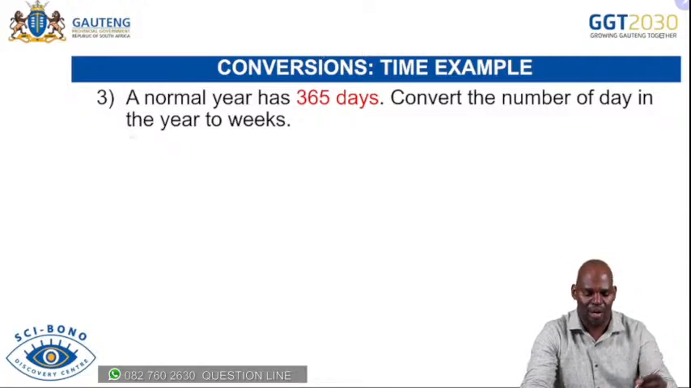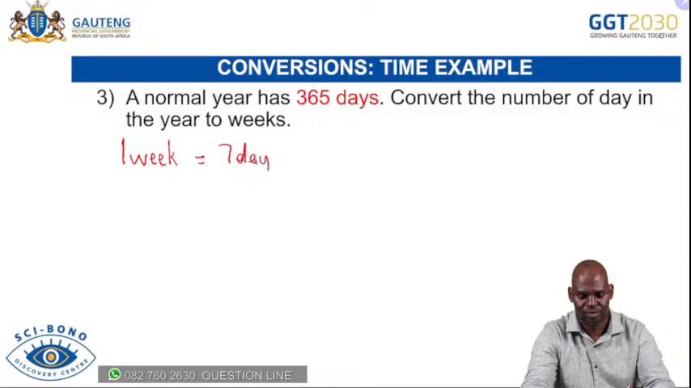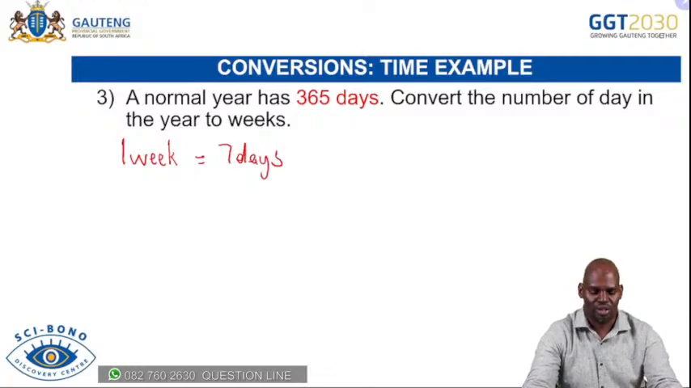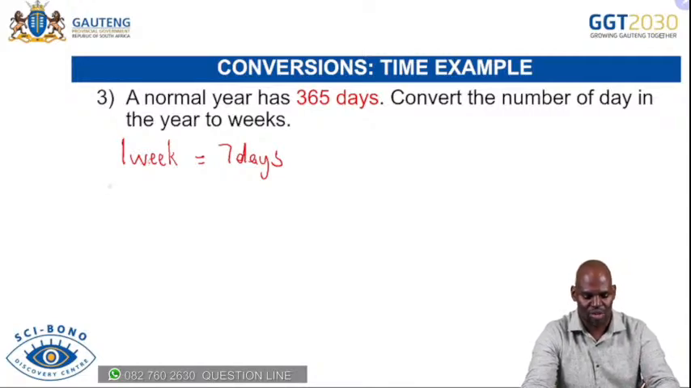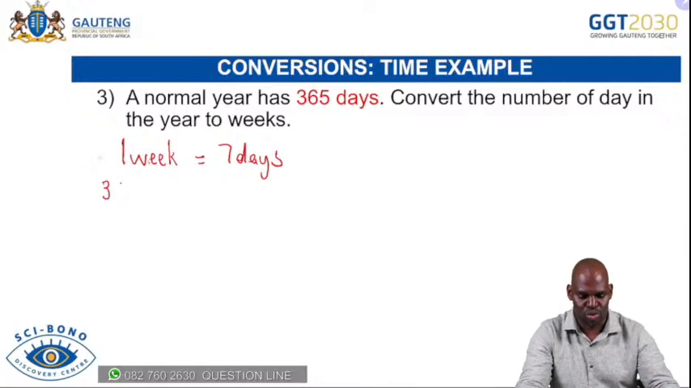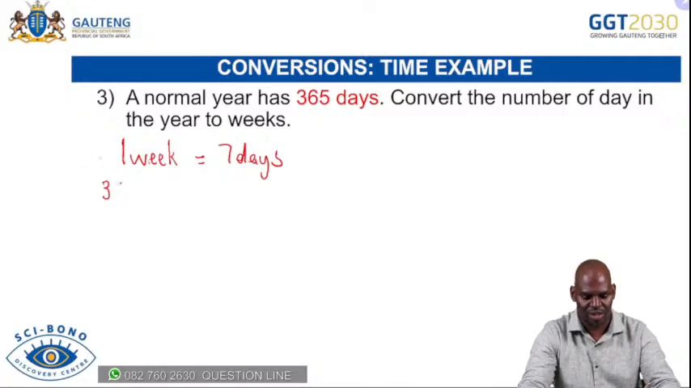Right, again, think about the conversion factor. We said 1 week is equal to 7 days. So that means if we want to convert from weeks to days, we multiply by 7. But if we want to convert from days to weeks, we divide by 7. Okay, let's see. So that means we can just take 365. 1 week is equal to 7 days. Then we say 365